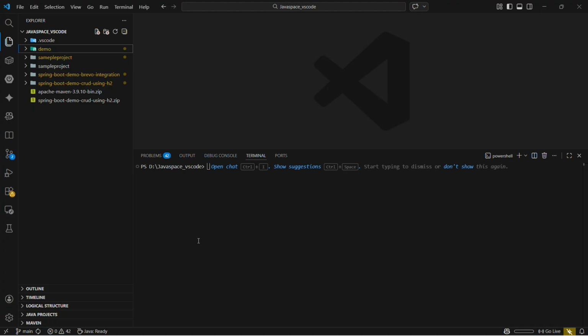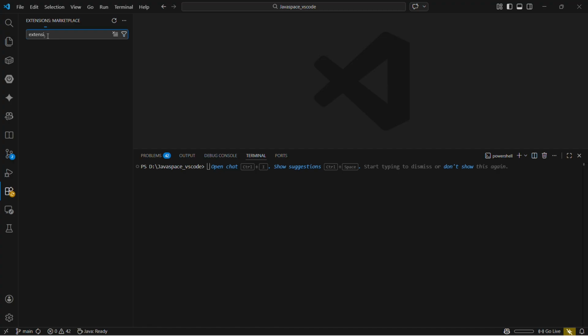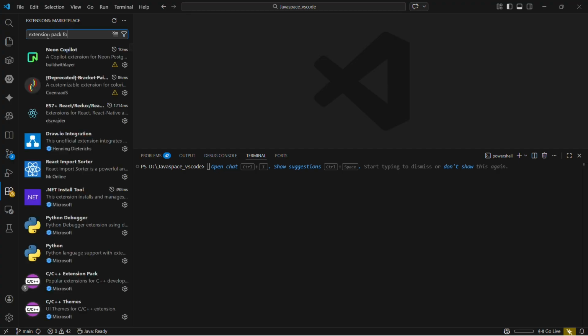So first, let's talk about some of the prerequisites for creating a project in VS Code. So the first thing to have is a JDK. It can be any version that you want your project to have. Then after that, you will be requiring a couple of extensions from over here. So if you go to the extensions tab and search for extension pack for Java,